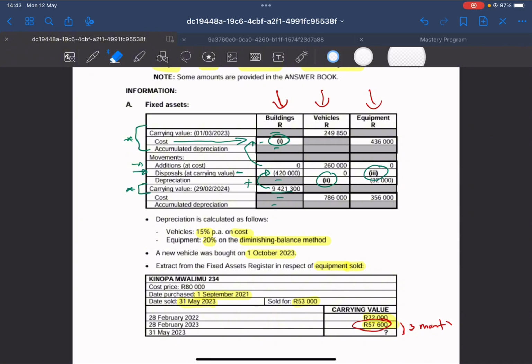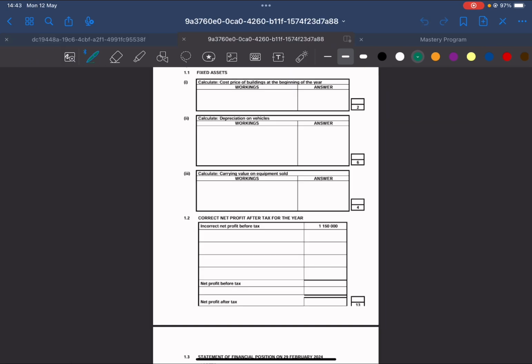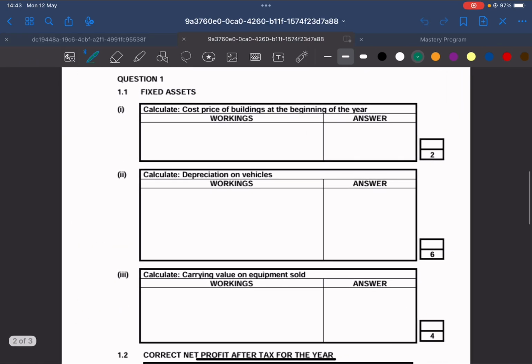But this was a simple one because all you needed to do is to say, okay, cool, they gave me the carrying value at the end, and I can work backwards and add this one and then get that amount. So I'm just going to write it down. So we have your 900. Now let me write in black. You have your 904,300, which was the carrying value at the end, and then you add the building that was sold or